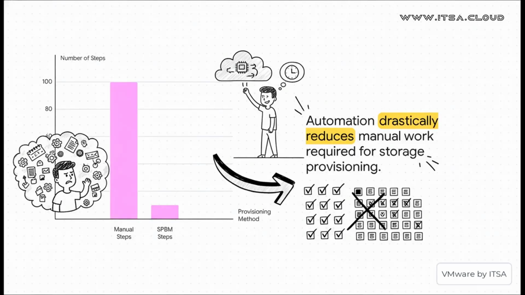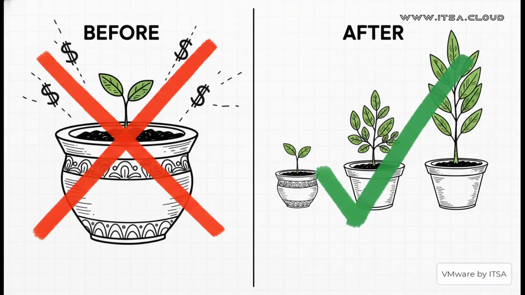I mean, just look at the impact of automation on this chart. It's incredible. What might have taken, say, 100 tedious manual steps before can now be done in 10. That frees up an enormous amount of time for admins to stop putting out fires and start focusing on the projects that really matter. And let's talk about efficiency for a second, because resource optimization is an absolute game changer. By perfectly matching your storage resources to your application needs, you completely eliminate waste. Think about it. No more over-provisioning your most expensive, high-performance storage for an app that simply doesn't need it. Every single dollar is spent way more effectively.